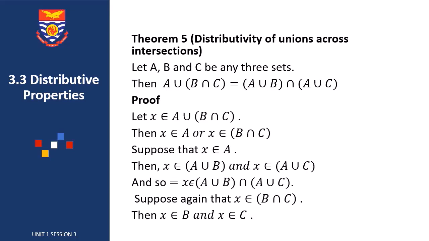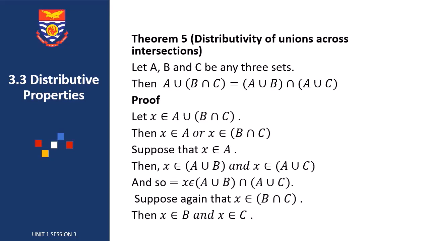And so we are going to look at distributivity of unions across intersections. And so we consider the three sets A, B, and C. Then the property says that if you have A union (B intersection C)